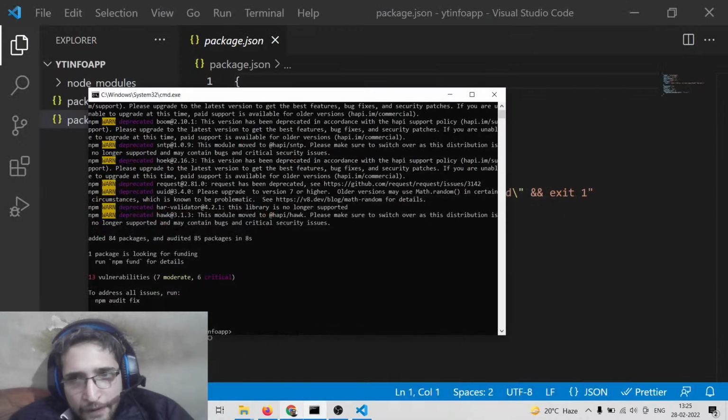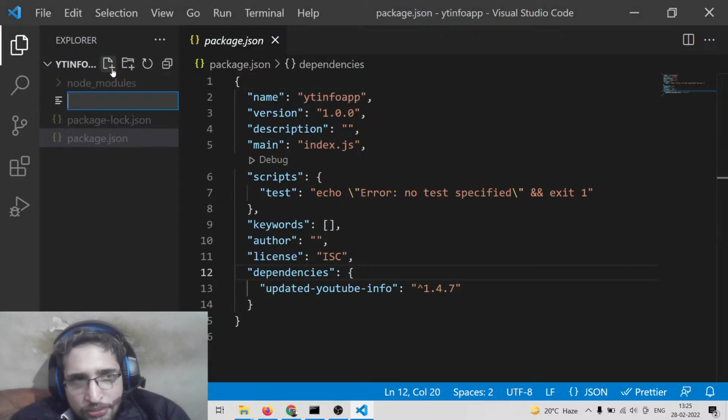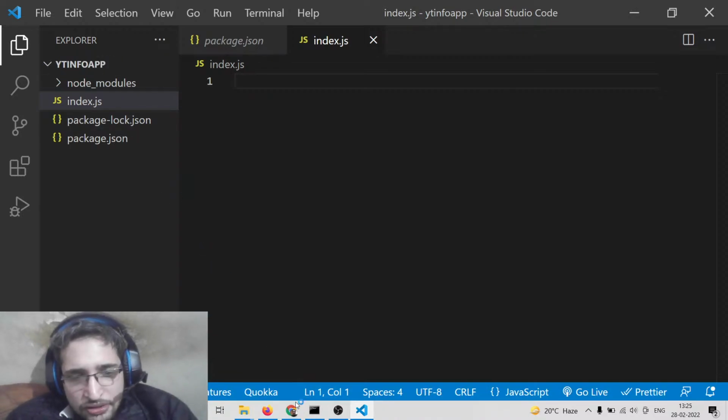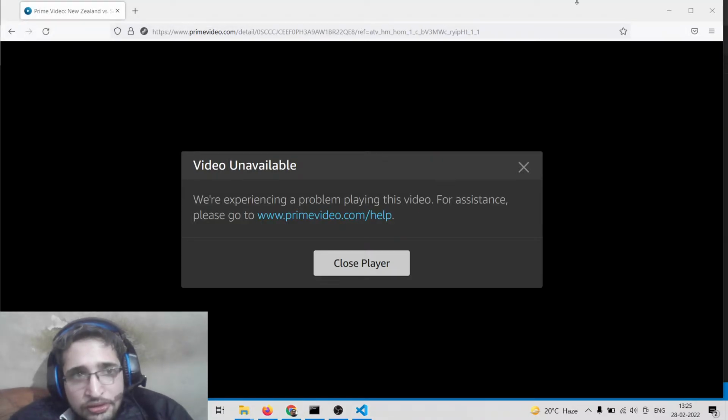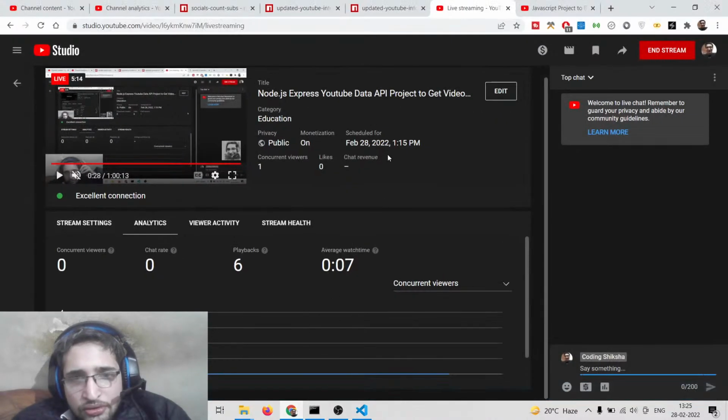So now you can see it is successfully installed. So now we simply need to make an index.js file here in the root directory. So here what we need to do is that